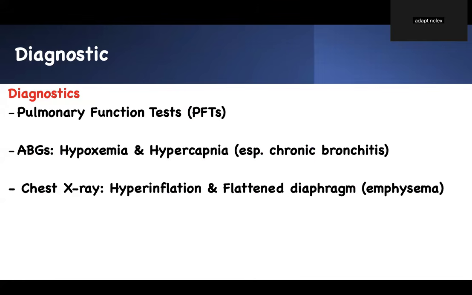For the NCLEX and nursing school, I don't think they're going to bother you about details of pulmonary function test. In the answer choice, pick pulmonary function test. Get an ABG. You're going to see what? Respiratory acidosis, chronic with bronchitis. And when you get a chest x-ray, hyperinflated lung and a flattened diaphragm in emphysema, based on the pathophysiology I